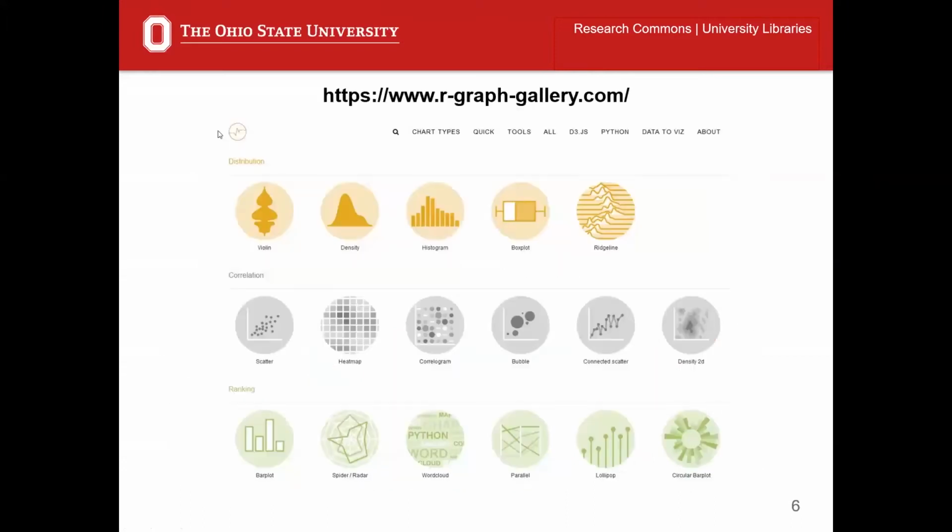And one of the key resources that you should really look at as you learn R and create some visualizations for your own work is this R Graph Gallery. This website is probably what you'd call an encyclopedia for different visualization types. And what's great about it is it's divided by the function of a visualization type.